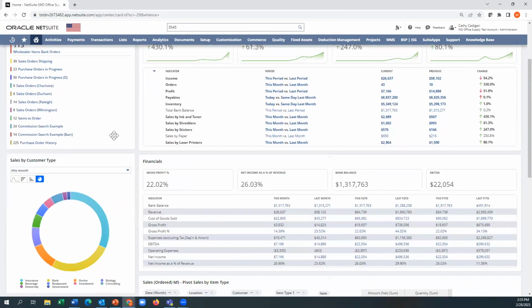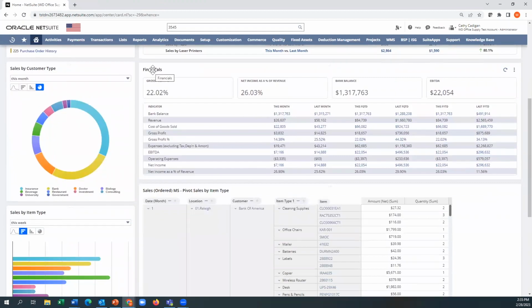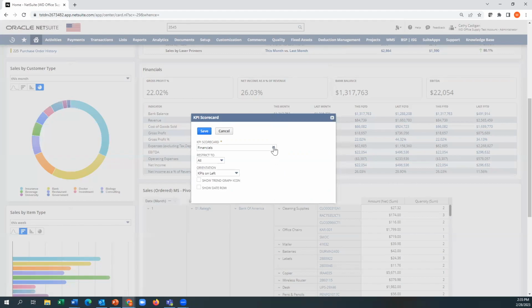The other reporting elements like a scorecard here, these are standard NetSuite products. You pick and choose which ones are specific to your user. So you can see there's customer, employee, expenses, financials, inventory, procurement, production, sales, vendor performance.